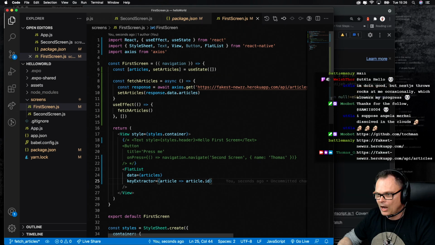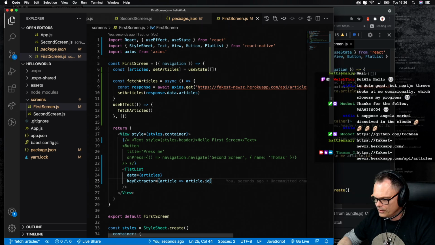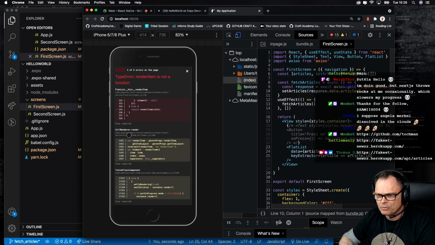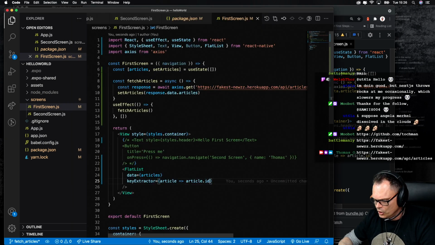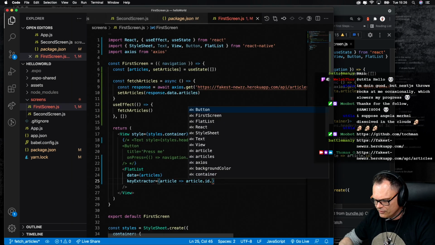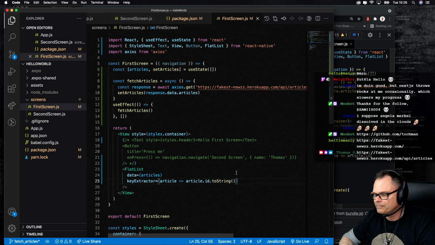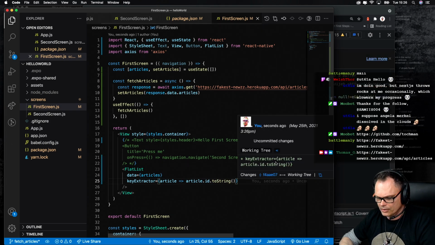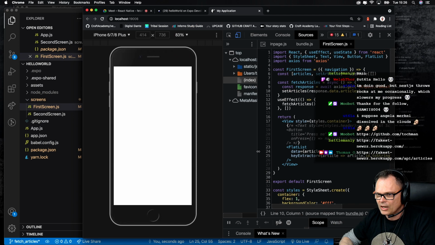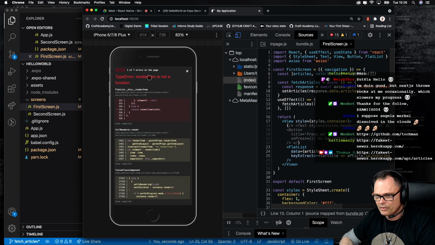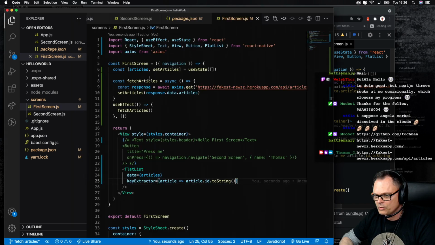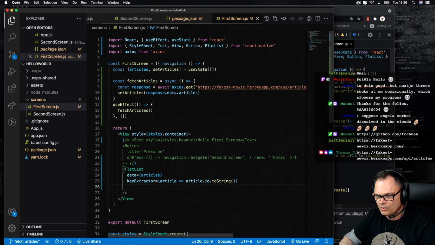I want you to try out one thing immediately, because this could be a problematic thing here. So we want to say article ID and then say toString, like this. And that shouldn't give us any errors, at least. It shouldn't show us anything yet, but it did give us errors. Render item is not a... yeah, exactly, because we don't have that yet. Hold on, hold your horses there, Thomas. So it needs to be a callback, article, and then article ID toString, and then we want to say render